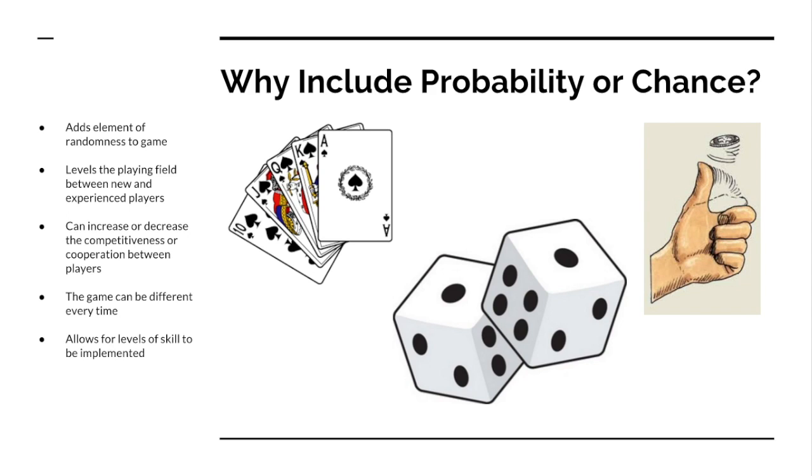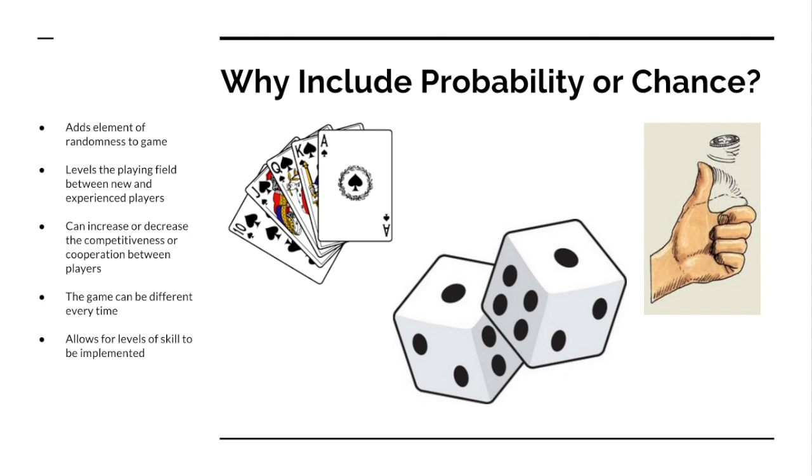Probability and chance also help to level the playing field between new and experienced players. So, for those of us that play games, many of us have been in that position where someone says, "Hey, come over and try this out. You'll enjoy it. You'll love it. This will be the greatest game ever." And you sit down and you don't know what you're doing, and you just sit through however many hours of being whooped on by someone who's much more experienced than yourself. Those games usually have a lot of strategy and skill involved. If there was more chance or probability, it would really level out the playing field.